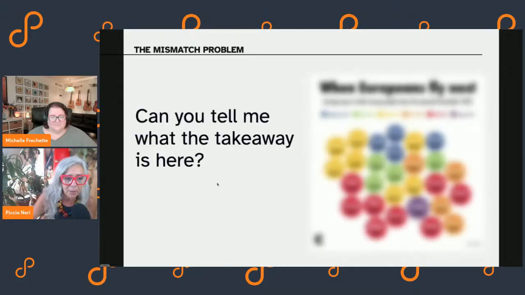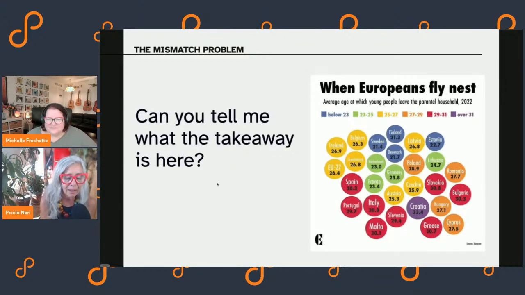What is the takeaway in this chart? It's a chart about when European children fly the nest, the average age at which young people leave the parental household in 2022. This is real data.